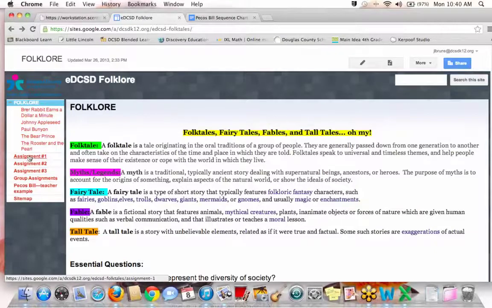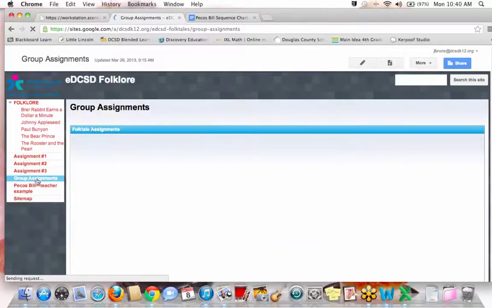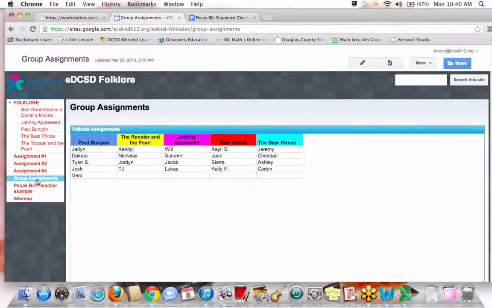Okay. So, what I'd like to do next is show you, well, here are all the different examples that I've come up with, and I want to show you which one of these you've been assigned to for assignment number 1. So, I'm going to click right here on group assignments, and we're going to find our names. So, for our very first assignment,